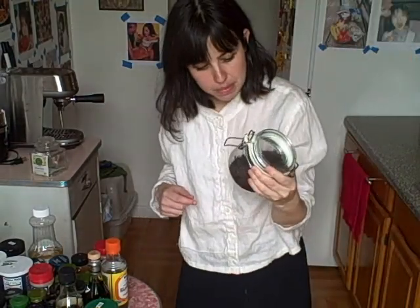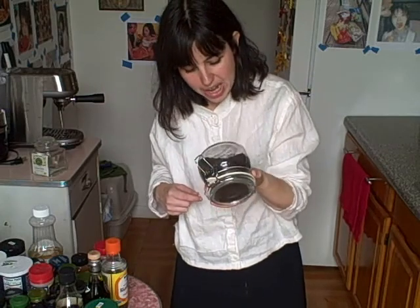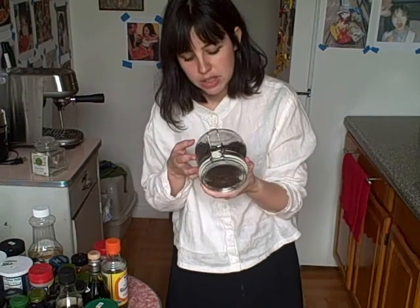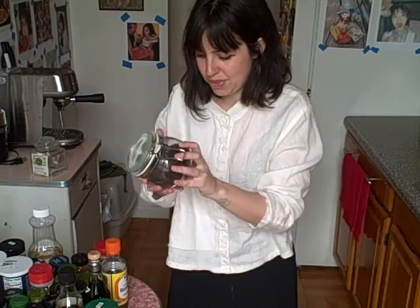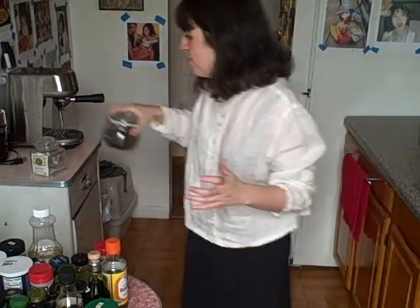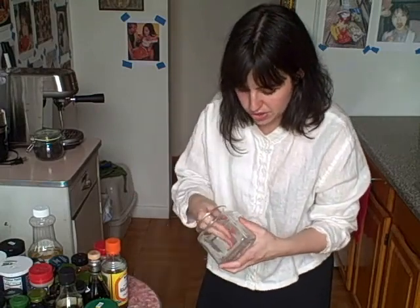Honestly, I should probably, this tea is mad old. Does tea go bad? I don't know. This is just black tea. I feel like it doesn't go old, right? Like tea, it's encased in a jar. Seems fine. I'm gonna put that along with my other tea. I guess I might as well show you the other tea that I have right now. I'm low on tea right now and coffee and everything. I need to go to the store, but